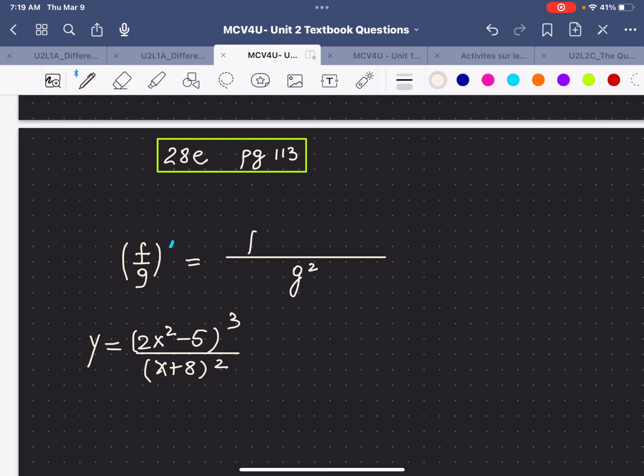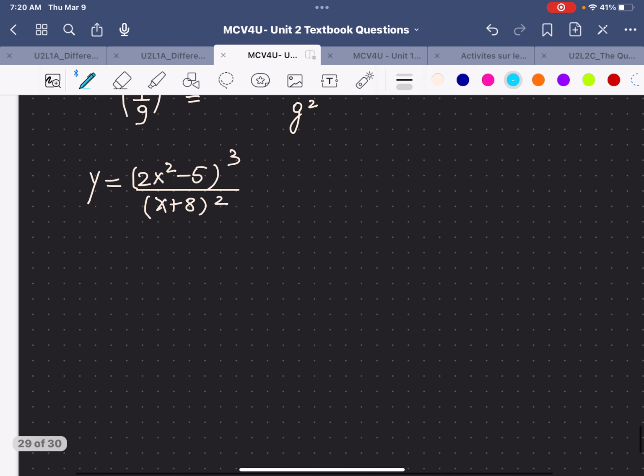Now the numerator will have something similar to the product rule, so f'g and g'f, and we'll differentiate f and g respectively in each group of terms. But unlike in product rule, here we have the difference between the two terms. So we are applying this formula to our function, and we're going to say that dy/dx